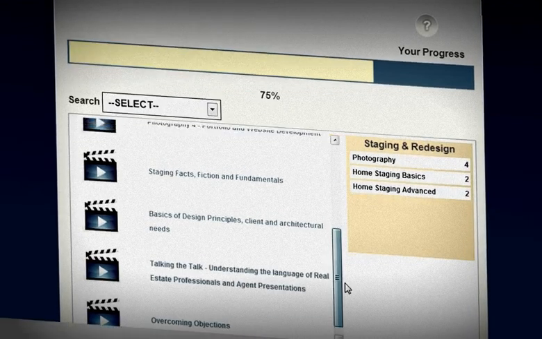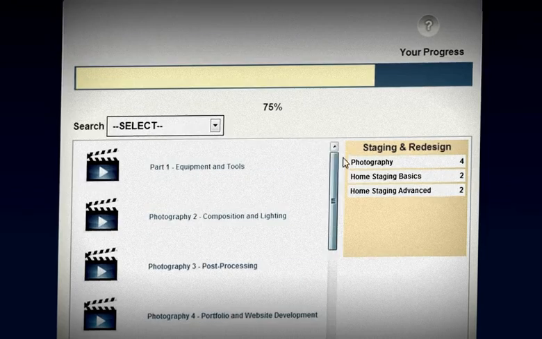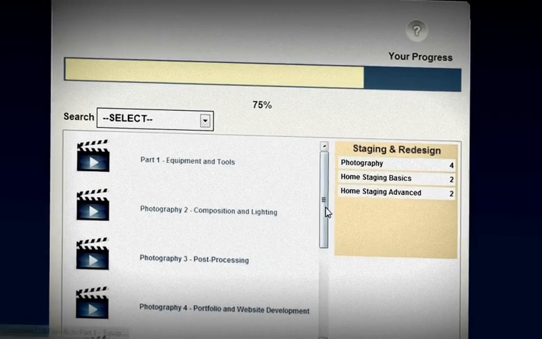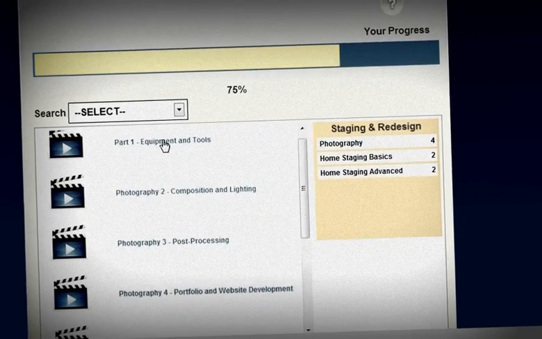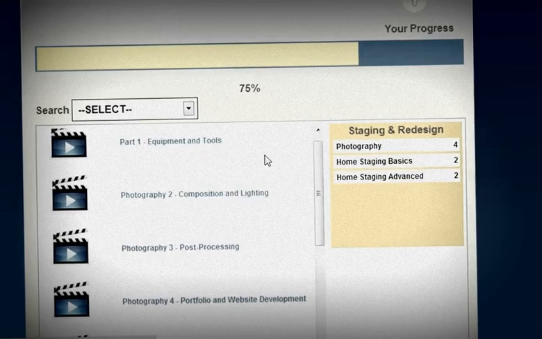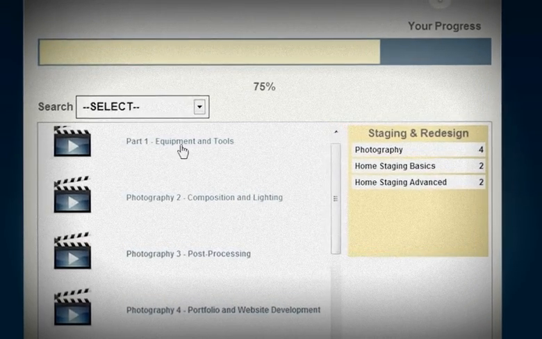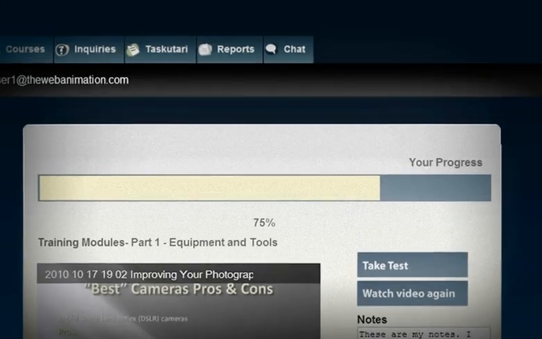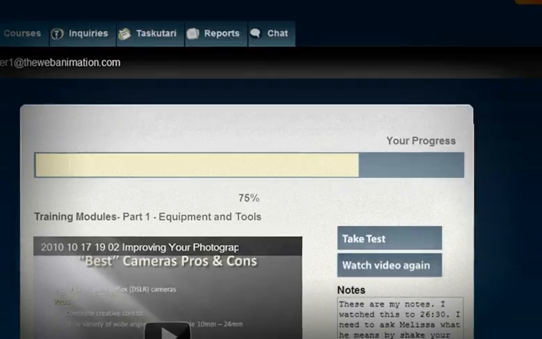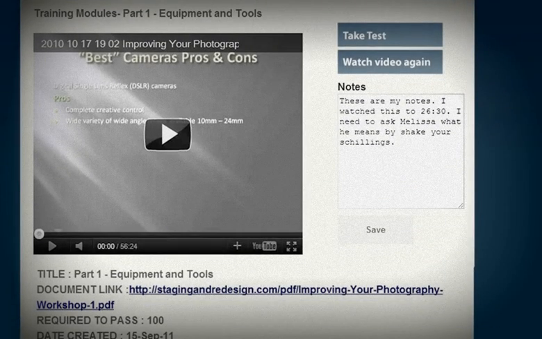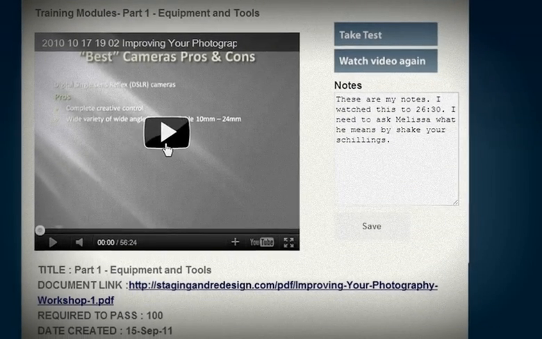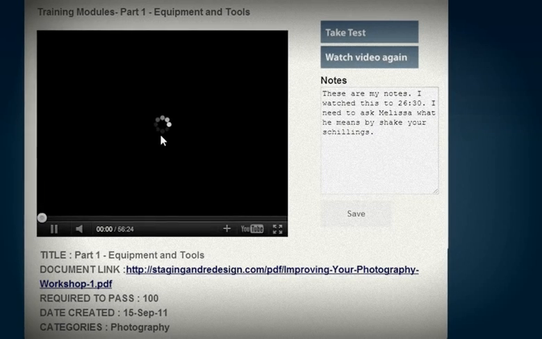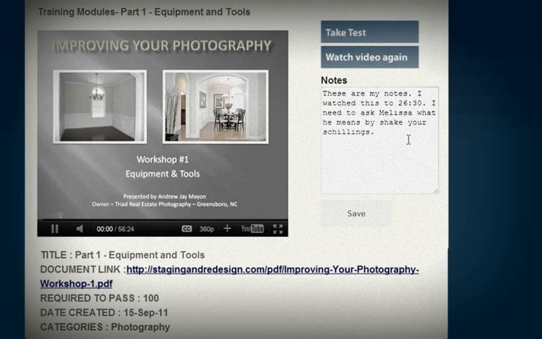Staging basics. Okay, so here we have all the courses that we just added. Let me give you an example. When they click on equipment and tools, this was under photography, the first thing I see is that video. It's hosted on my account on YouTube, and they can play it inside this program, inside Tutari,